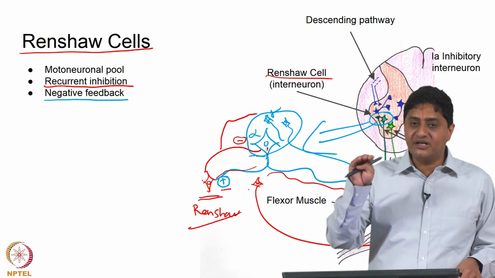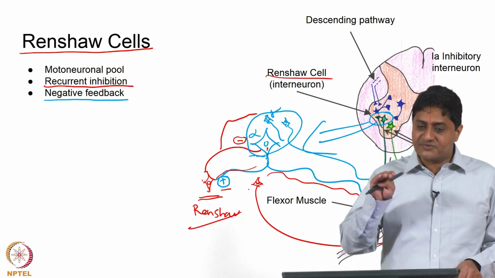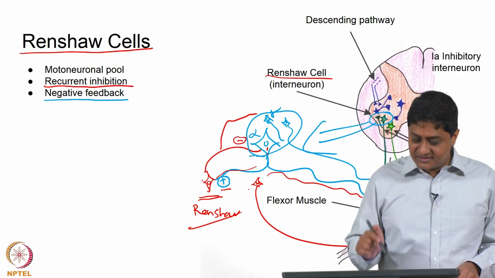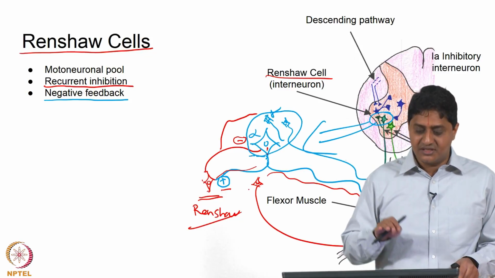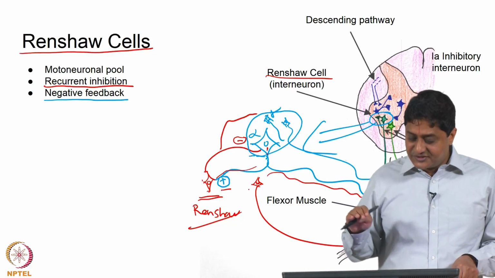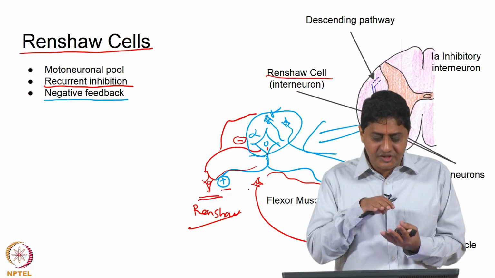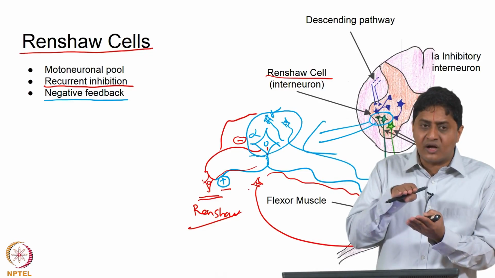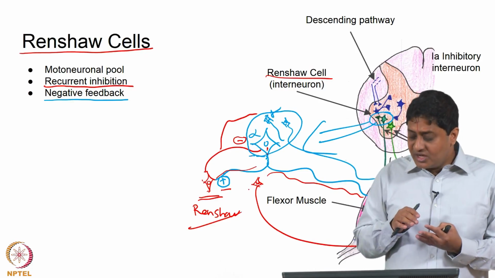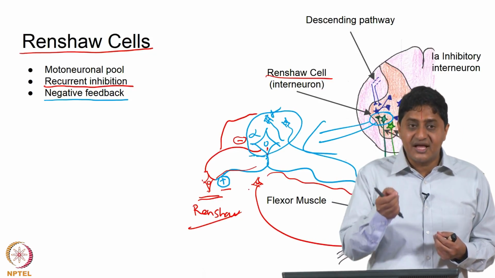There are multiple levels of this negative feedback that come into the picture. So, inhibition is present at various levels. This is the lowest level at which it is present. There are other levels, and we will discuss each of those in future classes. Why so much inhibition, so much control over how much excitation is going? Because it is necessary for us to perform motor functions at that level.